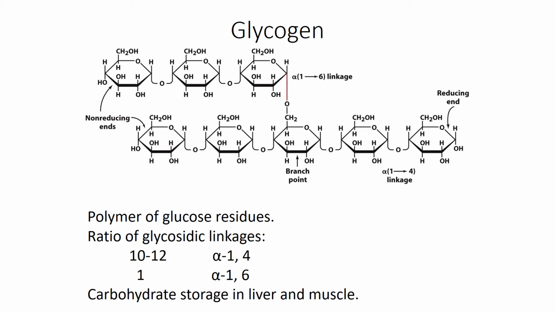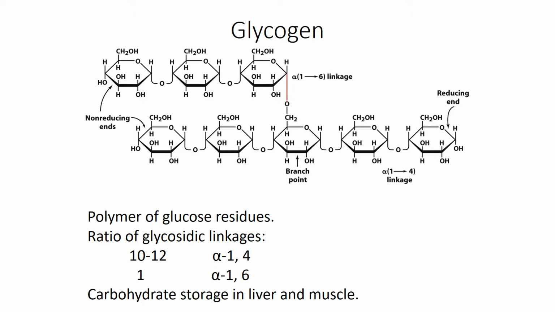Okay, what we're looking at now is a short segment of a glycogen molecule, and we'll go over the structure of this momentarily, but just as a reminder, glycogen is the major storage form of glucose in mammals. It is essential for maintaining life. It's the major source of energy during prolonged vigorous exercise, and finally, it maintains blood glucose levels during fasting and